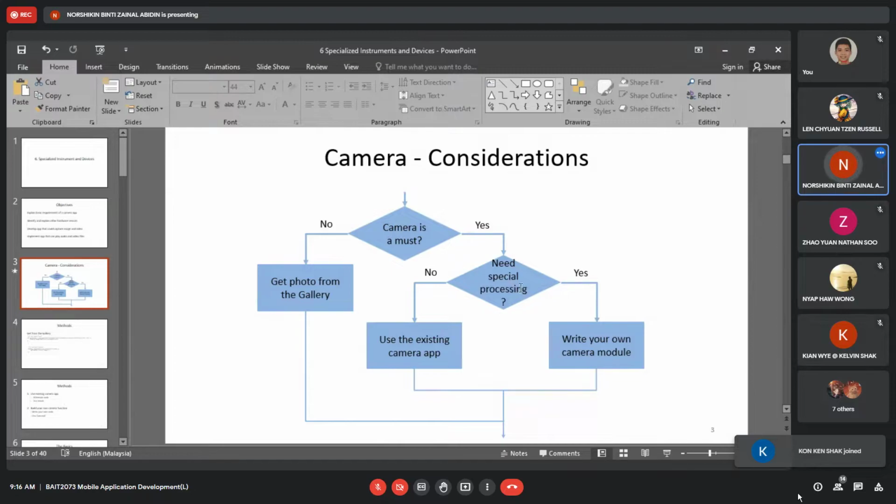If yes, there are two logics. First, is it a camera with special processing? Special processing, for example, means you need some kind of special effect, a particular or special type of camera to implement with your application. If it is yes, you need to write your own camera module. Why?